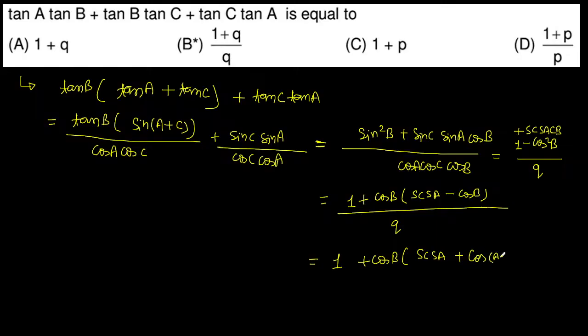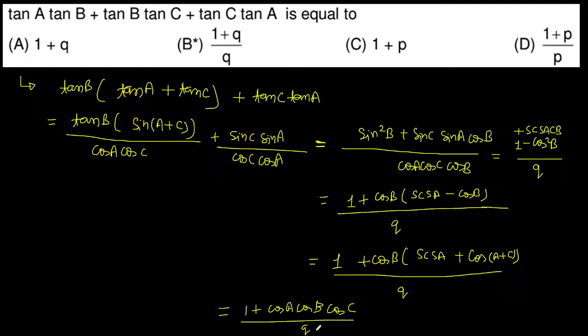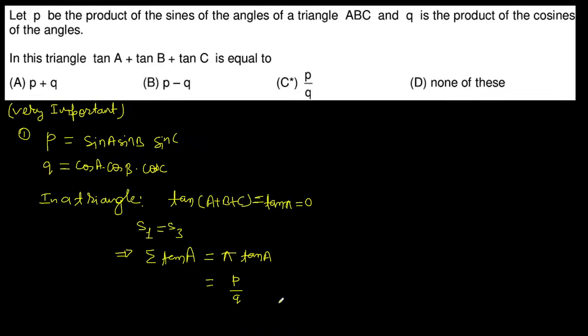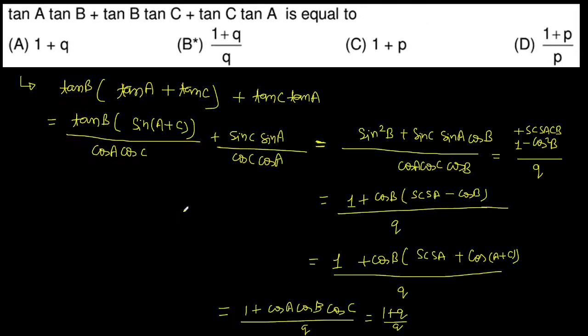तो ये sin C sin A + cos(A + C) ये रह गया, और हमारे पास Q रह गया। इसको फिर एक्सपेंड करें तो ये cos A cos C − sin A, तो ये सिंपली 1 + cos A cos B cos C हो गया, और हमारे पास Q नीचे है, तो इसको हम लिख सकते हैं 1 + Q/Q। अगर पिछला पैराग्राफ देखें तो ये Q का वैल्यू cos A cos B cos C था, है ना, तो ये हो गया।